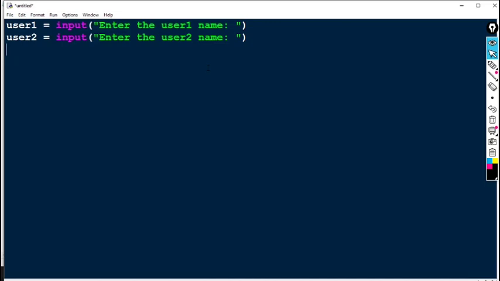Now I want the game to continue. If the person likes the game, we will continue playing again and again, so we have to put it into a loop. I am taking a while loop here, and I am making it infinite by writing while True, so it will make a continuous loop.